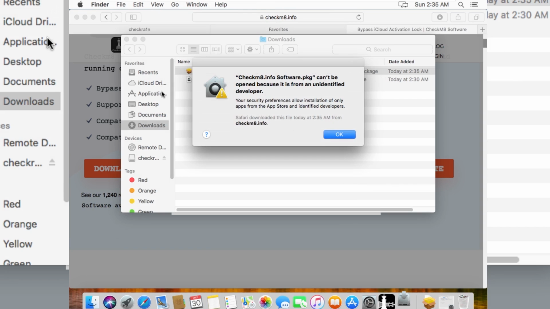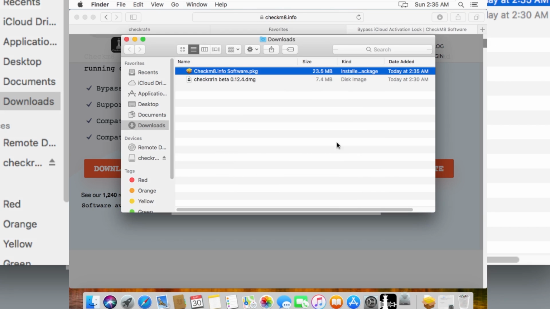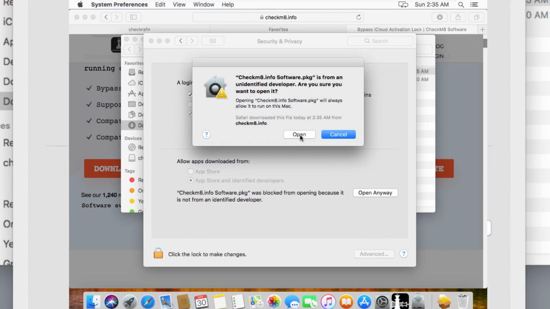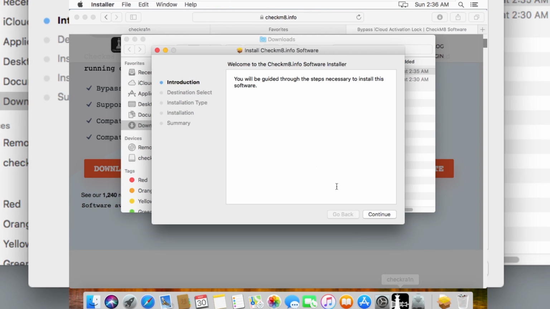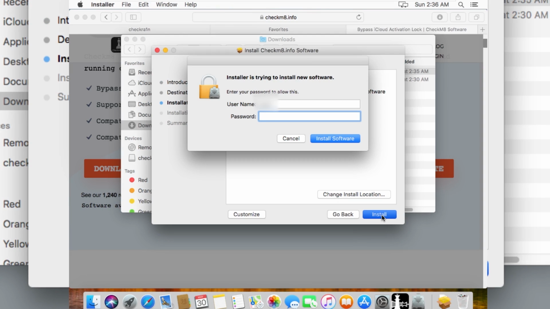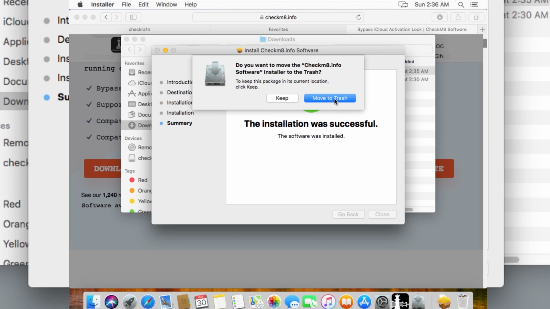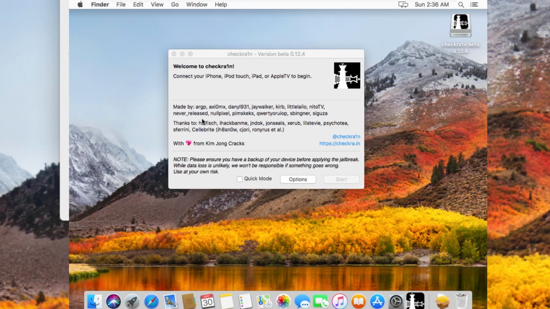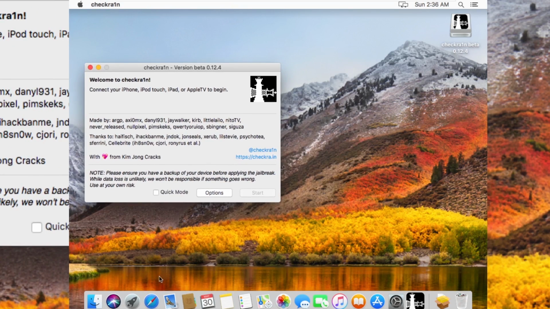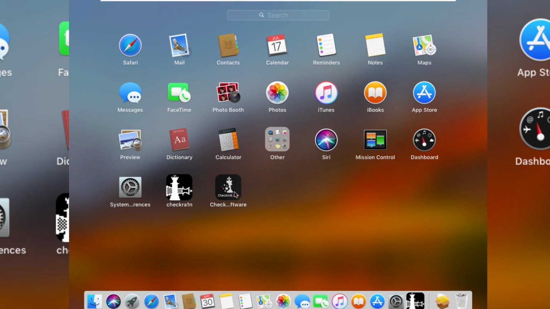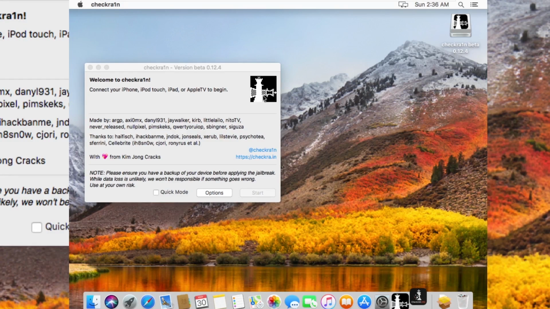The Checkmate is downloaded. I'm going to install it, and it is going to say it first time like this. Again, go in settings and privacy and security, open anyway, and click on open. So after that, you can see we're going to click on install, and again giving our password that we made in our account. And you can see here the installation is successful, and here the Checkmate is installed successfully. Don't move anywhere. I'm going to show you how you can connect your iPhone to this Mac.